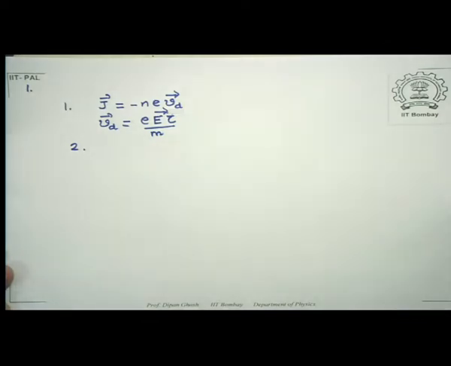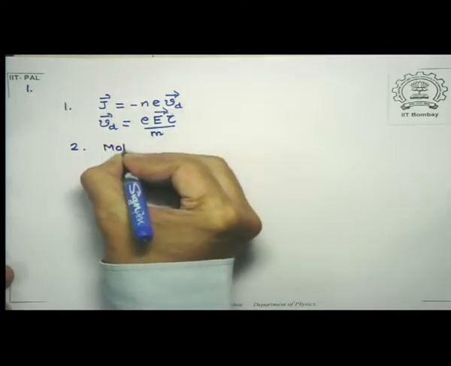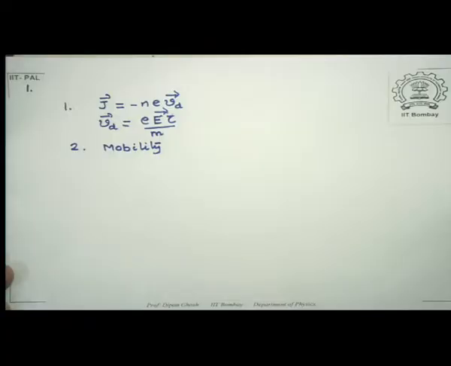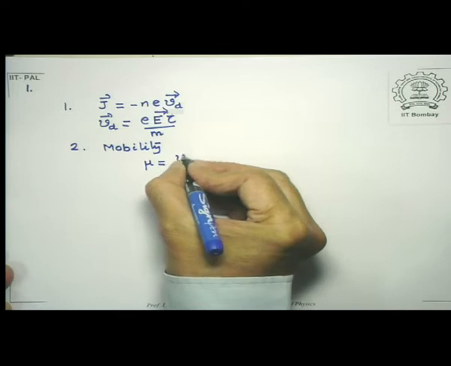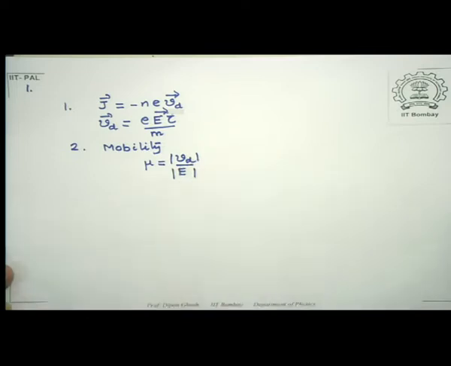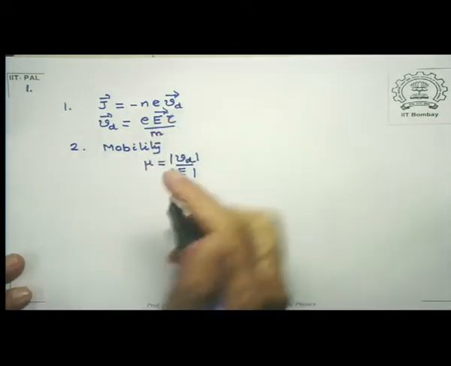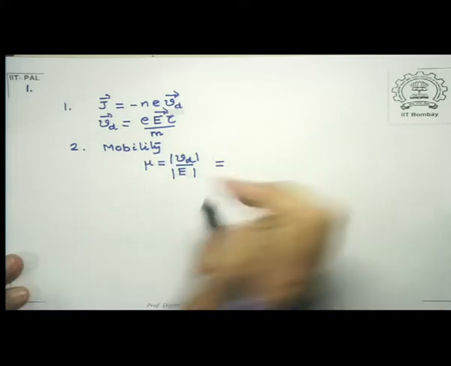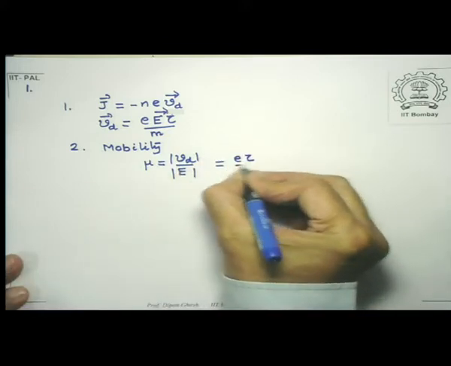Last time we also defined a new quantity which is called the mobility, and we said that mobility qualitatively tells us how easy it is for electrons to drift when an electric field is applied. One defines mobility as a positive quantity, which is the ratio of the magnitude of the drift velocity to the applied electric field. Because Vd is proportional to the electric field strength, this is nothing but E tau over m, where tau is the